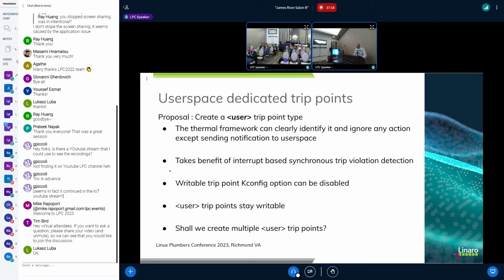But as it is a user trip point, we do nothing else than sending a notification to user space. So with that, we should be able to have this trip point be writable and disable the option in the kernel where we can change the trip point in sysfs.